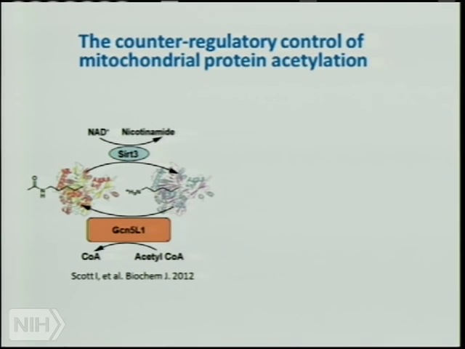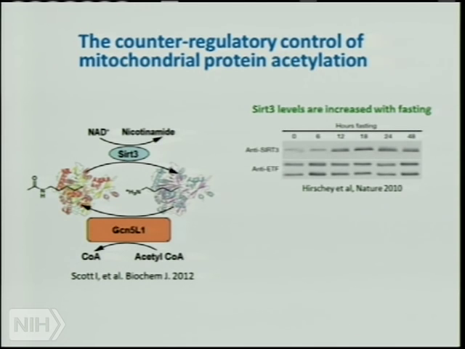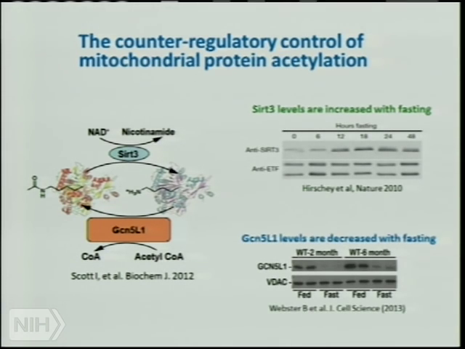So a previous postdoc in the lab, Ian Scott, was looking at trying to find proteins that counter-regulated SIRT3 and had identified a component of the mitochondrial acetyltransferase program called GCN5-like1. It's not the complete enzyme system, but it does play a role. And interestingly, as I'd shown you previously from Eric Burden's lab, with fasting, SIRT3 goes up, and GCN5, and this is work from Brad Webster, is profoundly reduced in the fasted state compared to the fed state. So they're reciprocally regulated in this nutrient